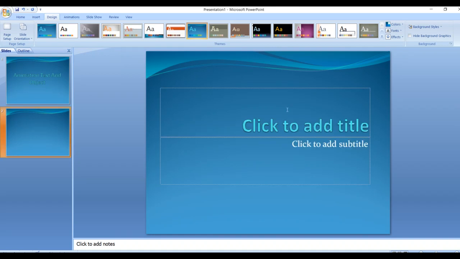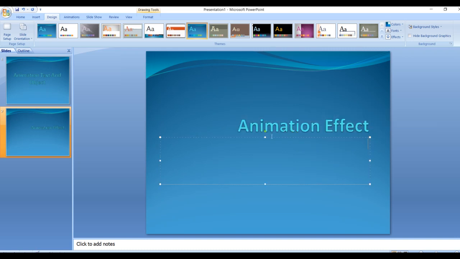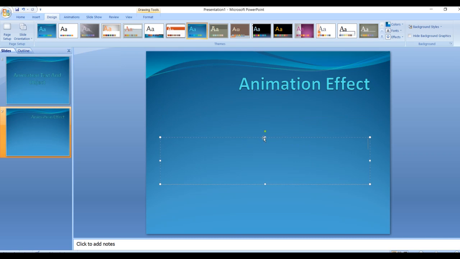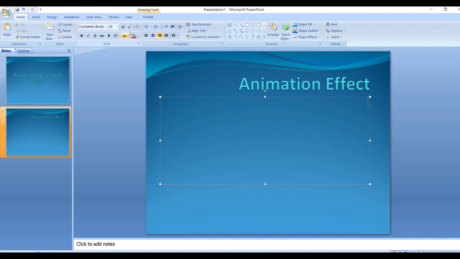So this is my slide. Suppose our first topic is animation effect. I want to give an animation effect, and I am going to show you by doing the animation effect along with you. So this is my topic. In this topic, what all things are we going to learn? My first point for learning is, what is it?